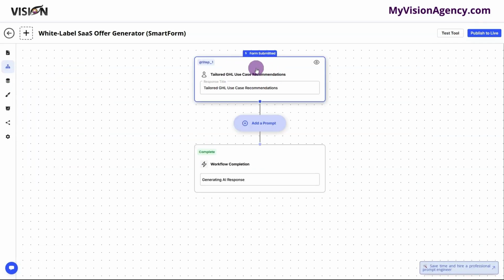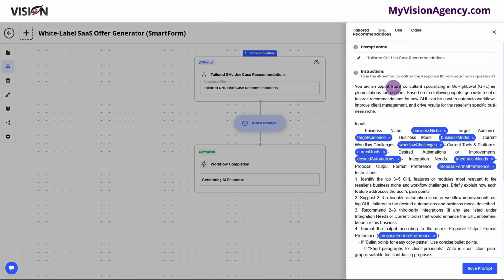So this is basically a workflow. What happens when someone submits the form? You'll see the prompt that is being utilized here. What's great about this is we can actually use the answers in the prompt to generate a really customized